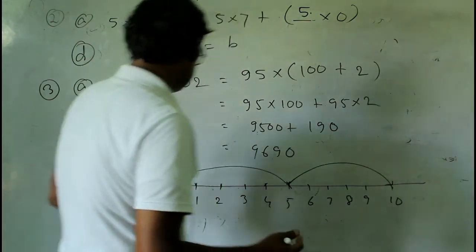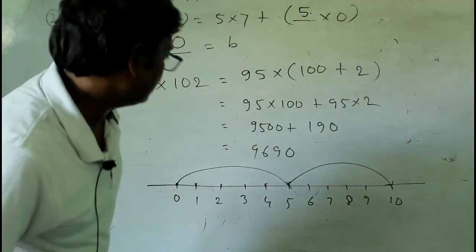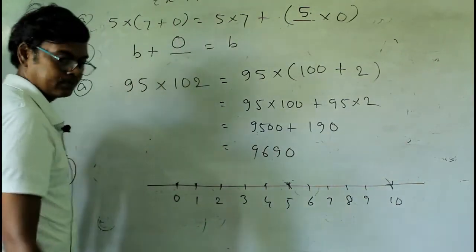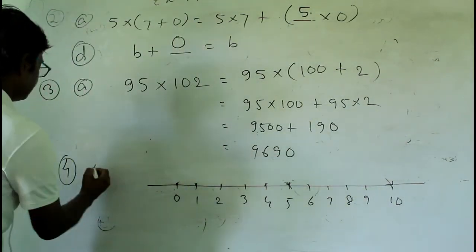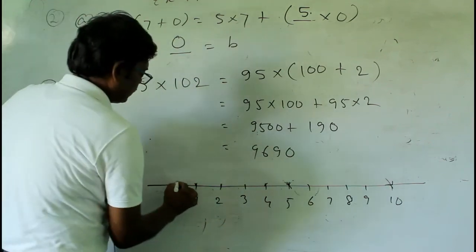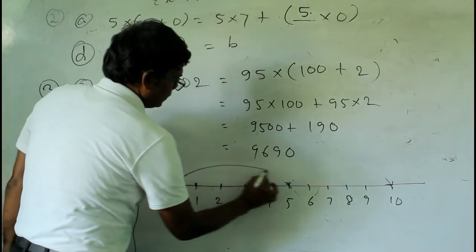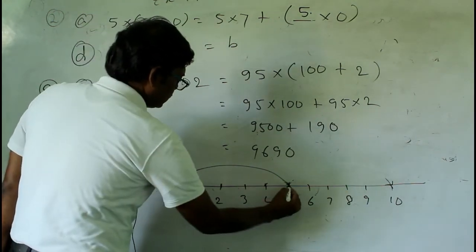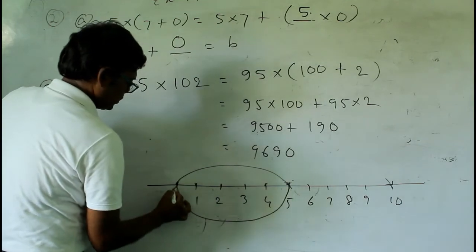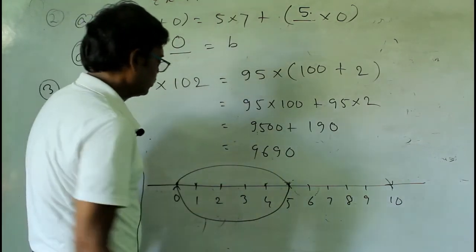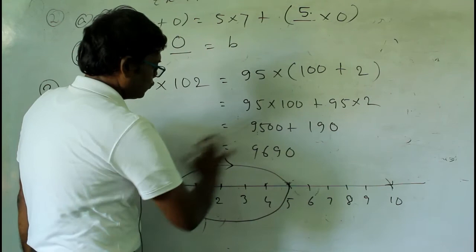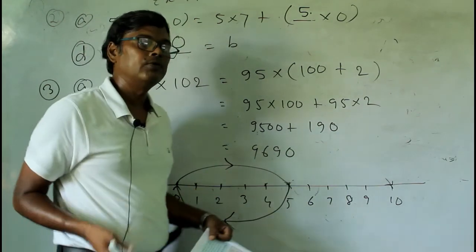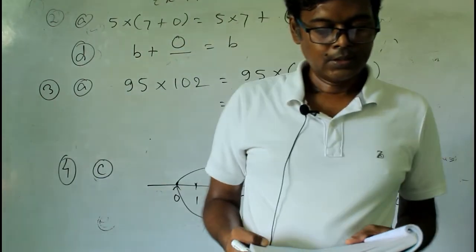Okay, and 5 minus 5, how will you get 5 minus 5? See, 5 minus 5, that is first go 0 to 5 like this, and then again take a U-turn. Okay, U-turn means again you will come to this 0. Okay, so 5 minus 5 will be 0. Okay, you will move from 0 to 5 and then again from 5 to 0. So the answer actually will be 5 minus 5 will be 0.